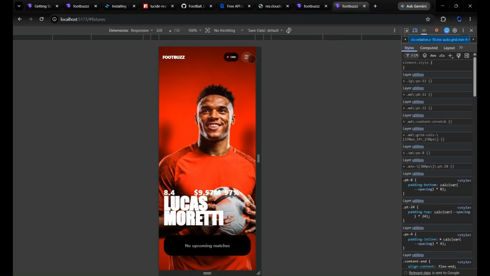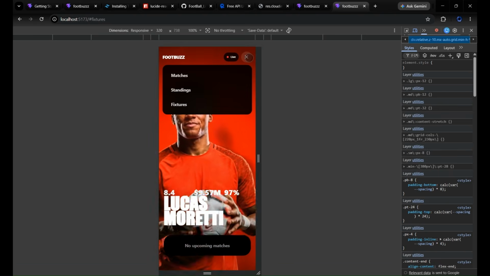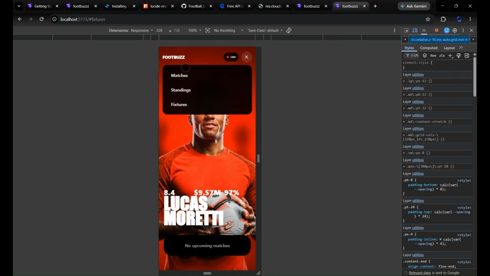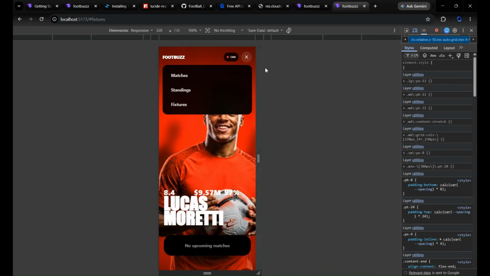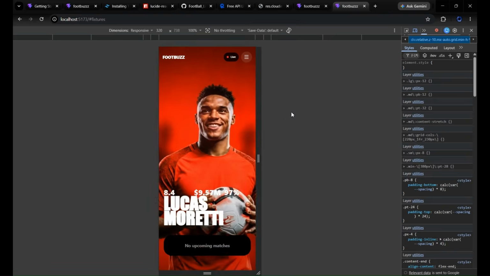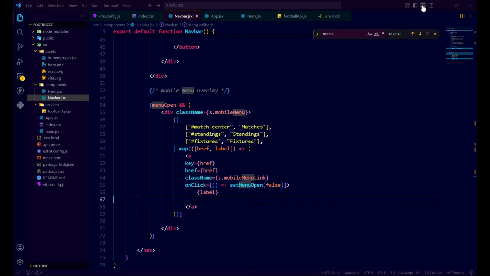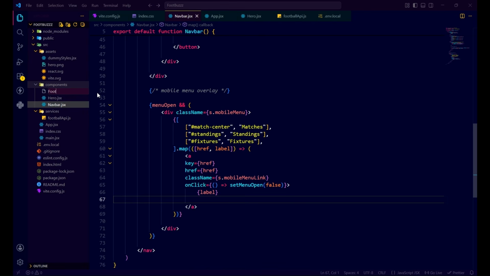As you can see, for the mobile menu, it is responsive. You can open and you can close the menu from this icon. Close it. And let's go back as our navbar is completed. So let's build a new component, which is